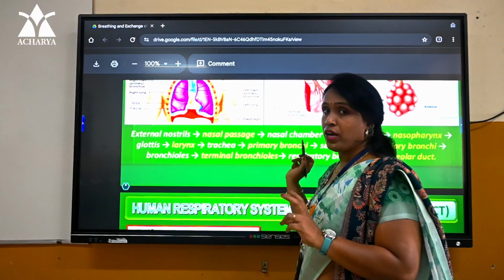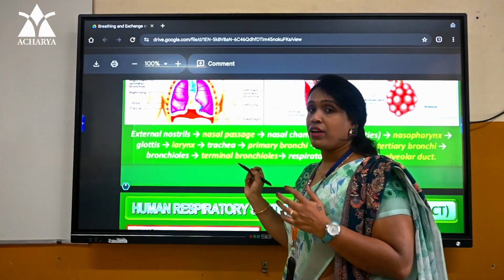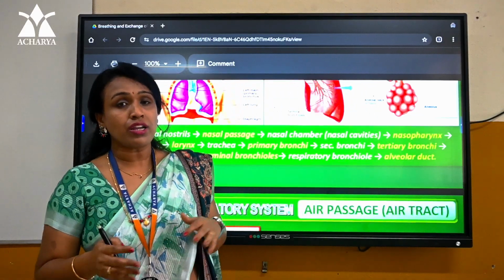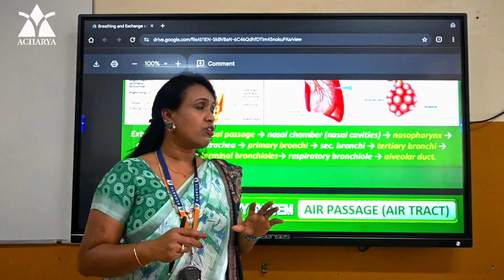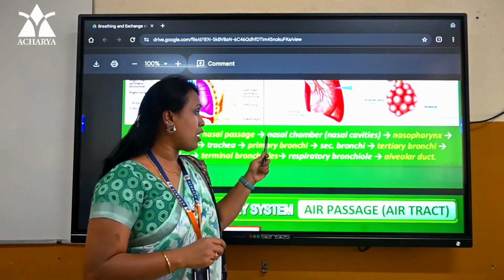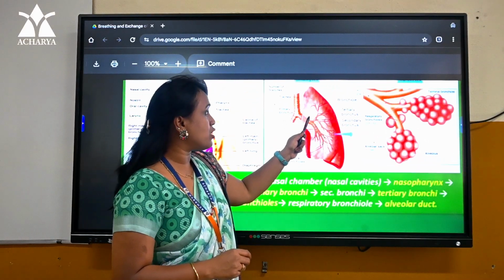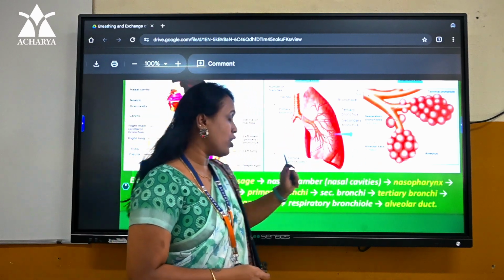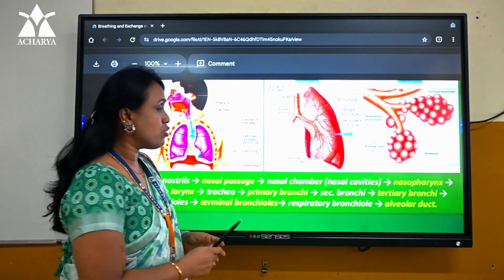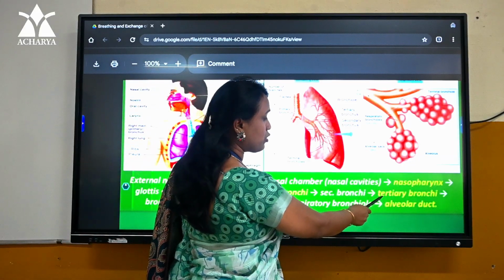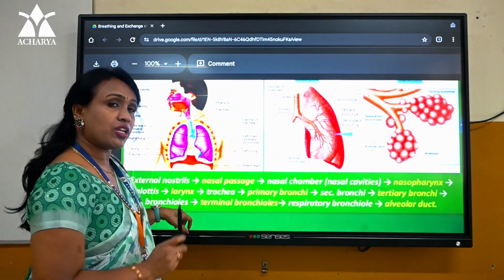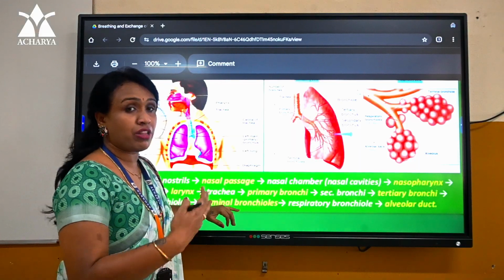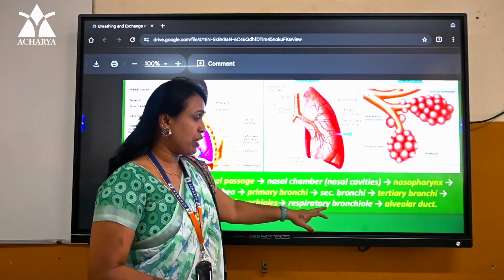One is the left primary bronchus and the other the right primary bronchus. The left primary bronchus enters the left lung and the right primary bronchus enters the right lung respectively. Further, as soon as the primary bronchi enter the lungs, they divide into secondary, tertiary bronchi and bronchioles. So the secondary bronchi further divide into tertiary bronchi. The tertiary bronchi divide into bronchioles, and each bronchiole will divide further into terminal bronchioles and respiratory bronchioles